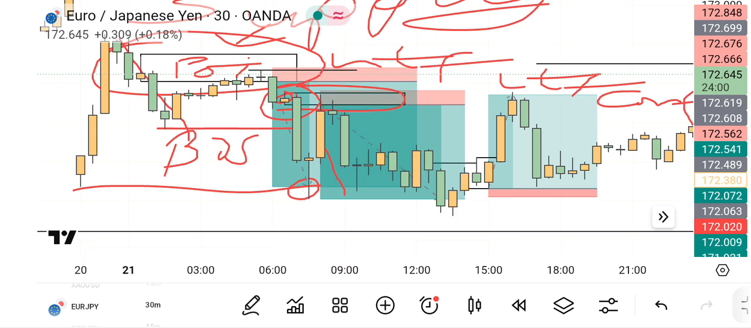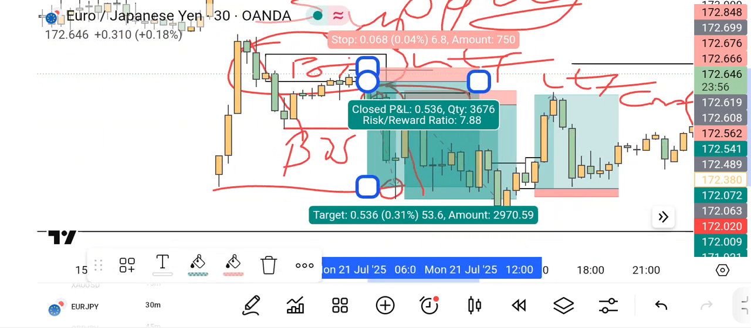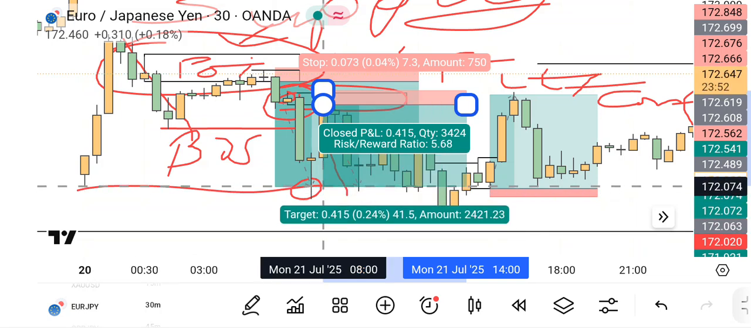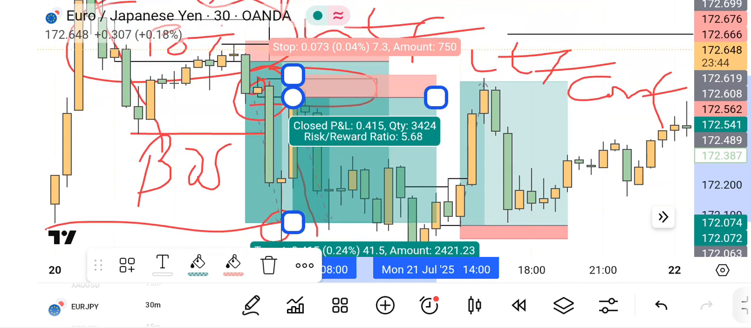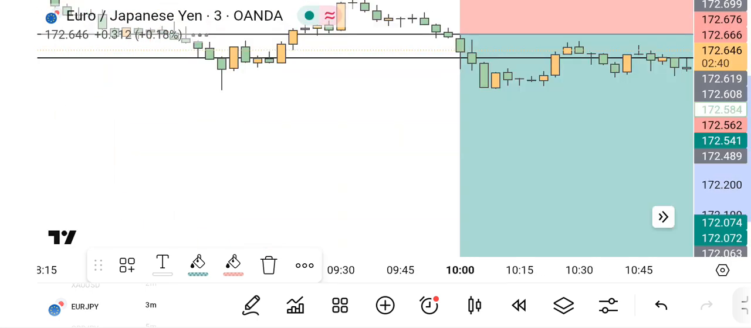Then I target the last low here. The TP was around here, I think. The TP was that same thing, which means I'm risking 7 pips for 41 pips, which gives 1 to 5.6 risk reward. So going to the lower time frame, which is the 5 minutes or 3 minutes time frame for the entry,